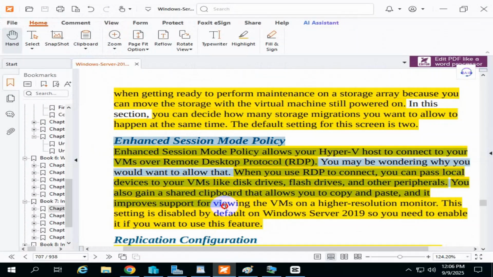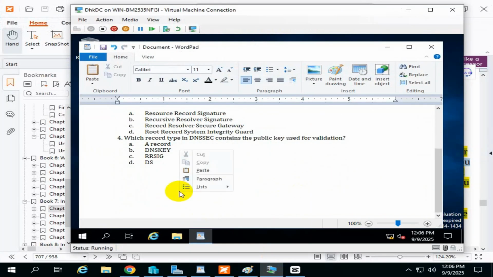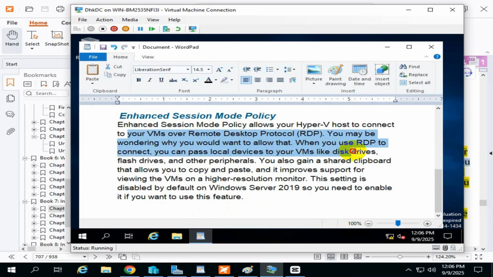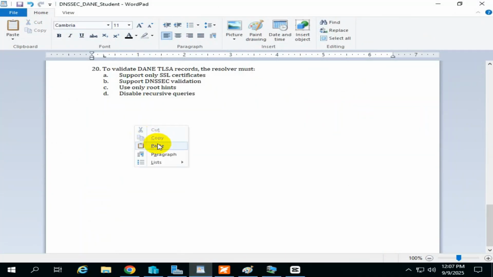Now when you connect to your virtual machine, you can copy paste text between host and guest OS just like normal. That's it. Your Hyper-V copy paste issue